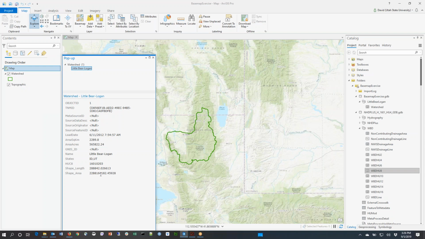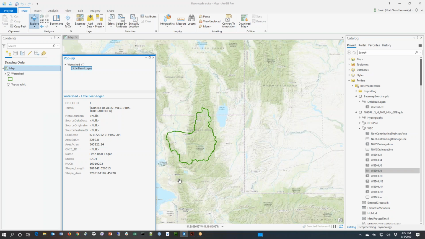This shape area is an area in square meters, roughly 2,288 million square meters, which, if you divide by 10 to the 6, corresponds very closely to the 2289 that we got from the USGS. So here we can see the area that ArcGIS is calculating when we're using the UTM coordinates